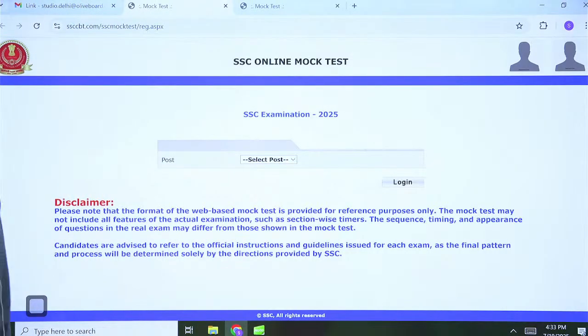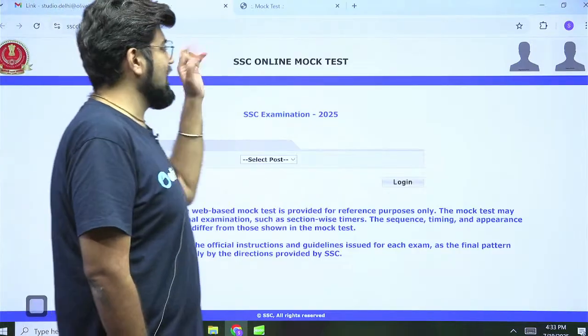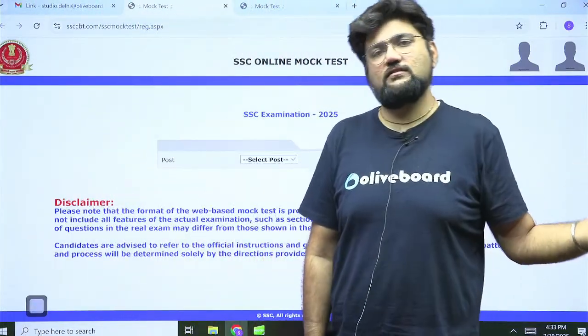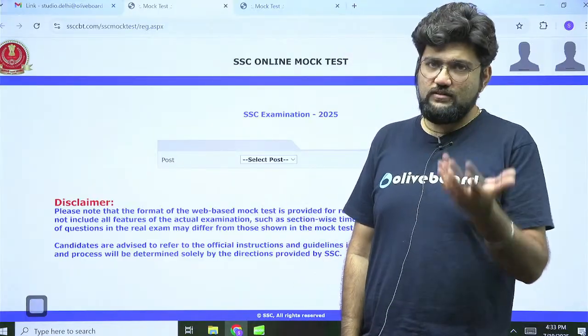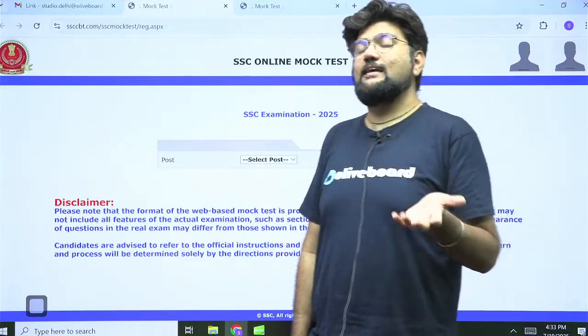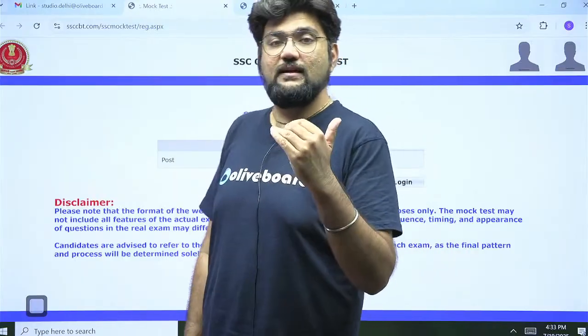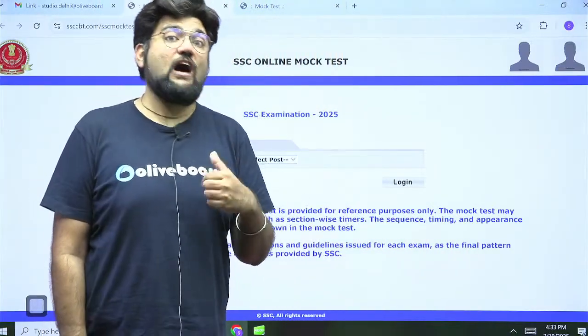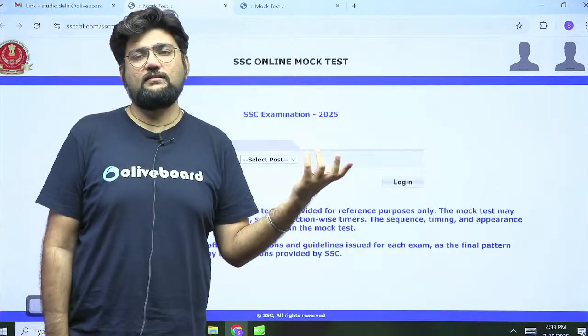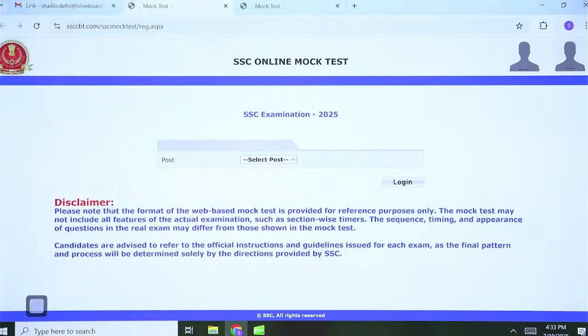Okay. Now this is the portal. This is the exact link. Yesterday when this link was released, of course everybody who was preparing for SSC just went for it, and obviously the site started responding slowly. The server was slow. But it is expected that the response of the interface will be faster during the actual examination. This is what I expect, but again, it's to each their own discretion.